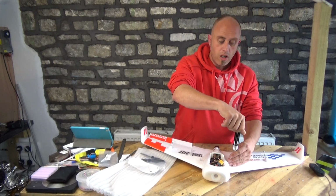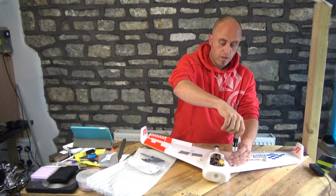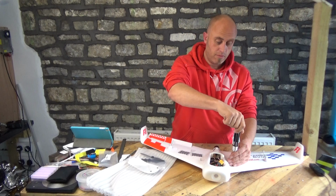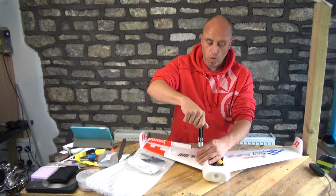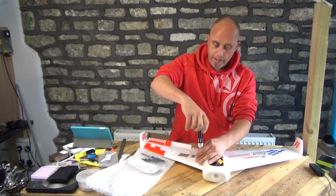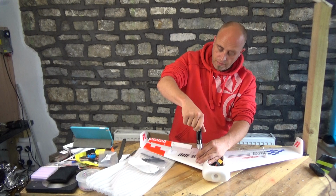this is the build of the Sonicmodell F1 Racing Wing. Remember, Matt's wrong. Hands up. I will admit when I'm wrong, and I was wrong calling this a sport wing, because this ain't a sport wing. In that nose section is